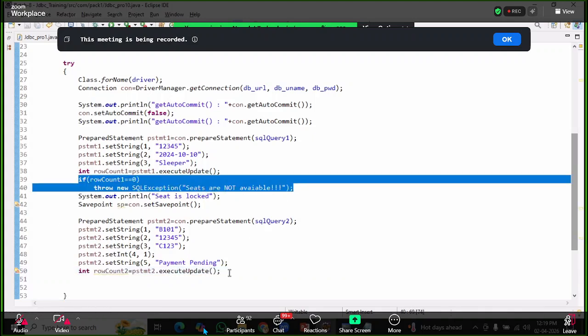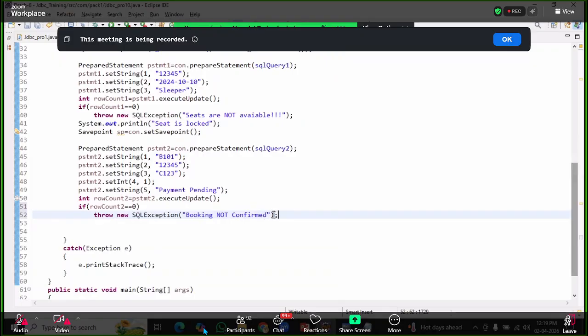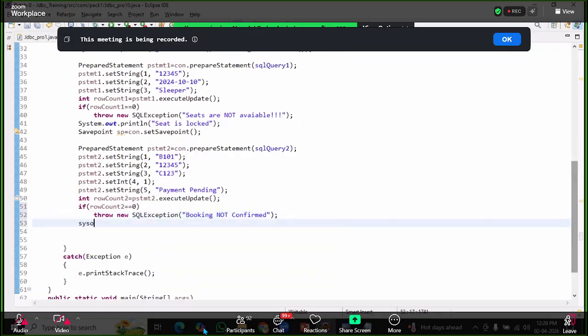Here I'm going to use if rowCount2 equals 0, throw SQLException, booking not confirmed. Else, instead of writing else, directly I can write system out booking record